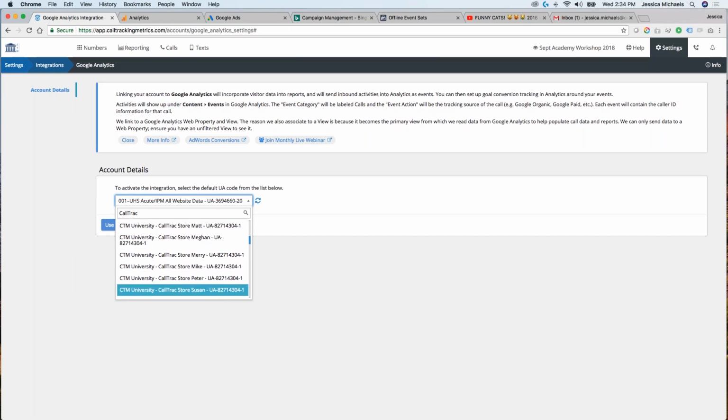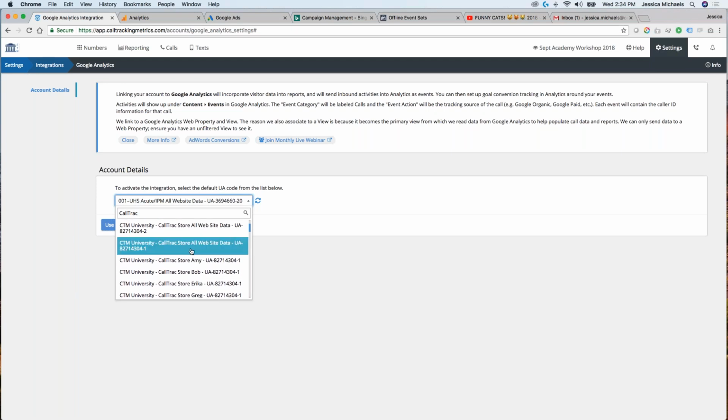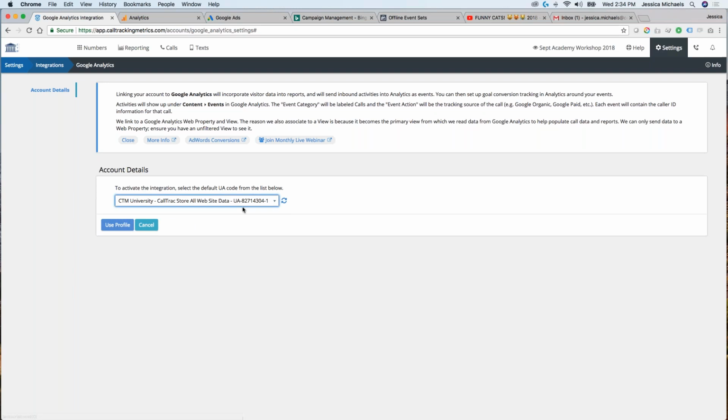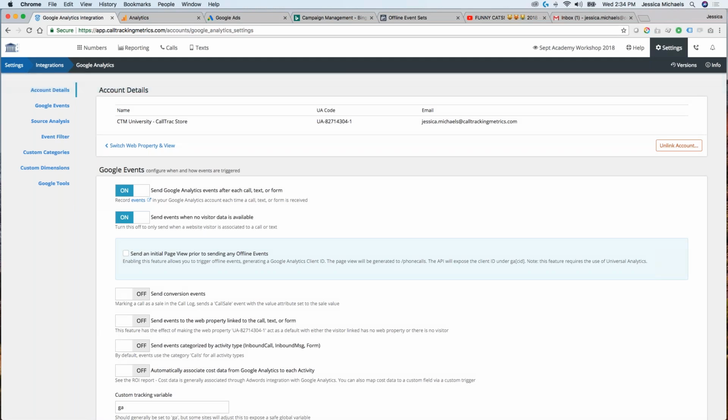Actually, I want my all website data. Here we go, this one. Yep, we want to make sure we select the proper one. There we go. So here we are now successfully connected. You know when you're connected because all these toggles are going to appear.